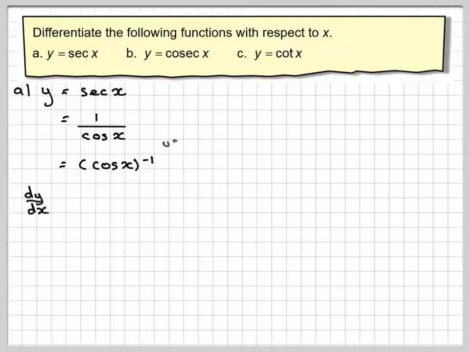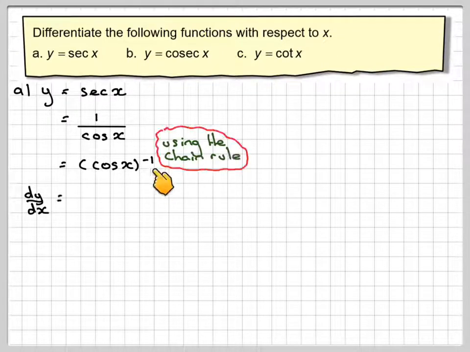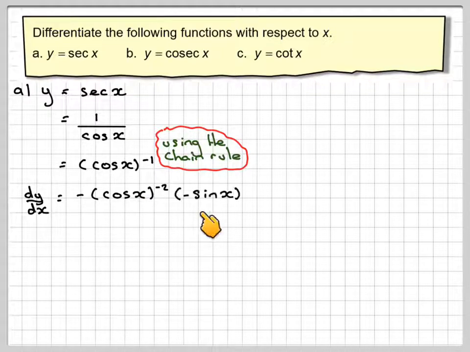So if we now differentiate using the chain rule, the chain rule says take that power down in front, write down the bracket, so it's minus, we don't bother writing the 1, cos x, and then differentiate the bracket. So we reduce the power by 1, so that becomes minus 2. Now differentiate the bracket to get minus sine x. Okay, so in the numerator of this, because this will be a fraction, minus times a minus makes a plus, so we're going to have sine x, and then, because it's to the minus 2 power, that means cos